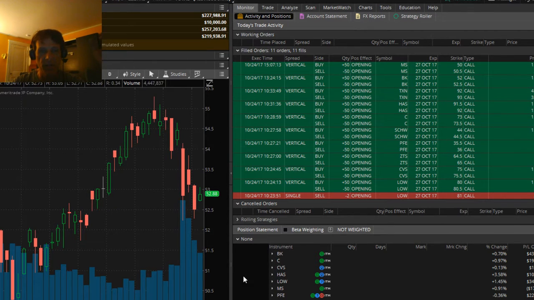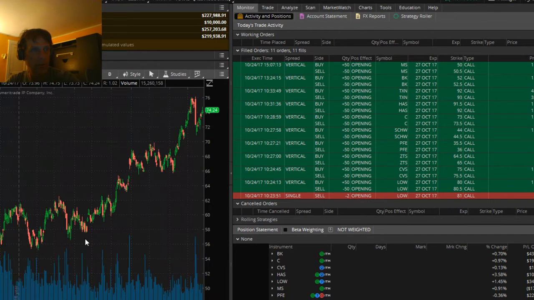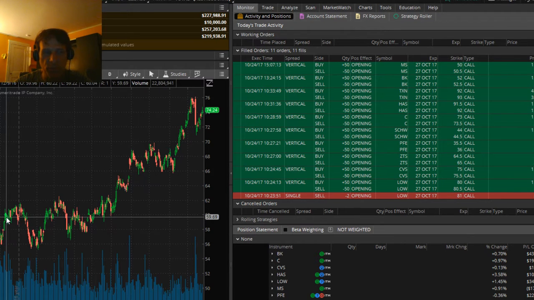Like I said, as long as she stays where she is or goes up, we'll be good to go. Next one we got on the list is C, which I believe is Citigroup. Yes, Citigroup. All right, Citigroup starts out the year at 49. It quickly found the low of the year at 47.65. From there, she jumps up to a trading range of 59.